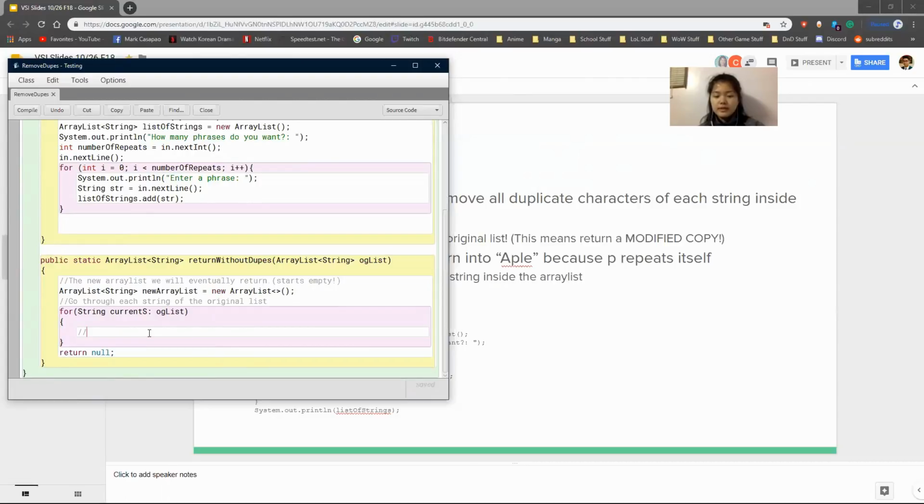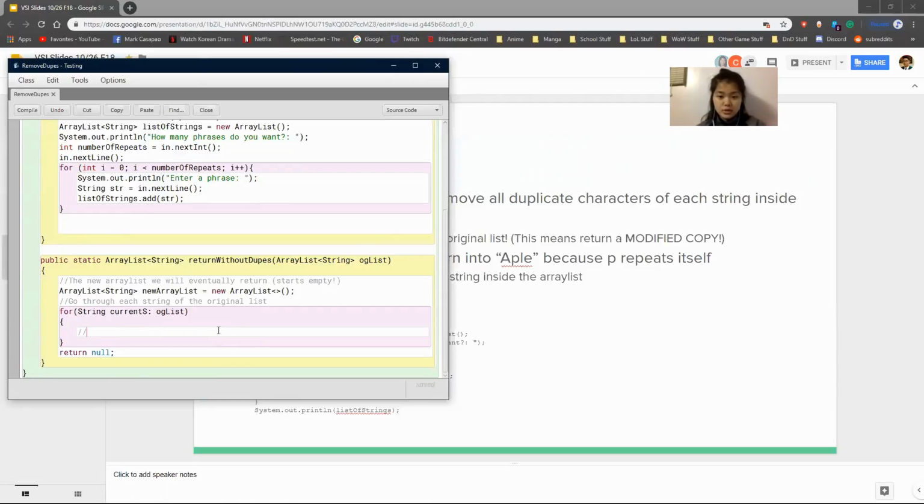So if, let's say apple, right? Originally, when you take it out, it is apple with 2 P's. And then after you loop through, it passed the condition now with only 1 P, then you would replace that into that new string